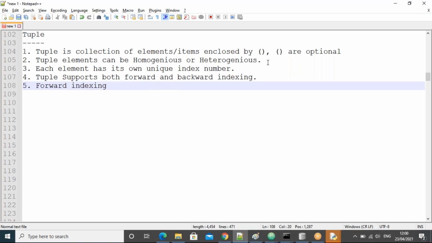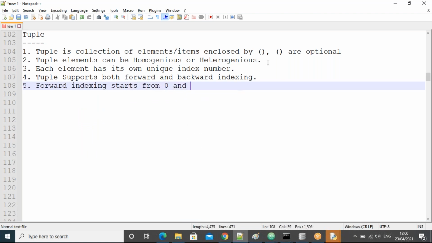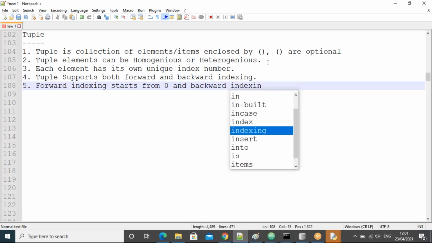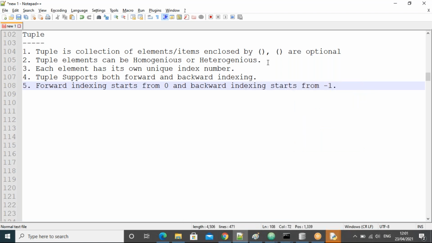Forward indexing starts from where, guys? Starts from 0. And backward indexing starts from where? Starts from -1, right?